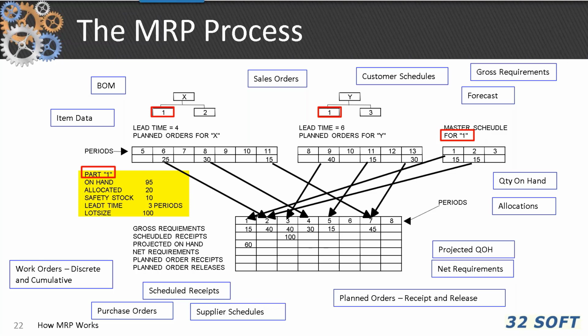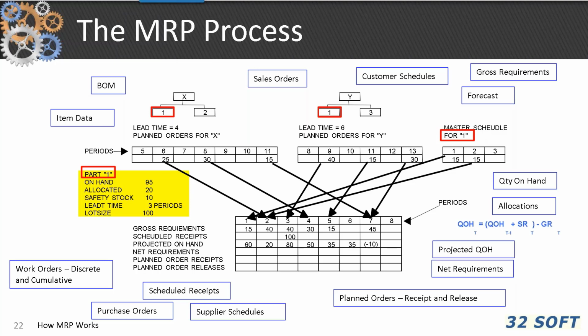We have 95 on hand. We've got a gross requirement of 15. That brings it down to 70. And we're going to have an allocation of 10. So we start off with 60, and we can carry that out across the horizon until we encounter a negative